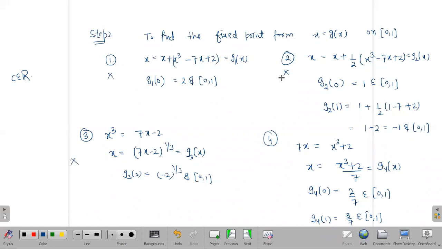Maybe you get it in the fourth step, someone gets it in the fifth step, in another g of x also. Another g of x can also be appropriate. It is not the case that only one unique g of x exists. If someone directly approaches the fourth one, that is also okay. No problem. Okay, thank you.